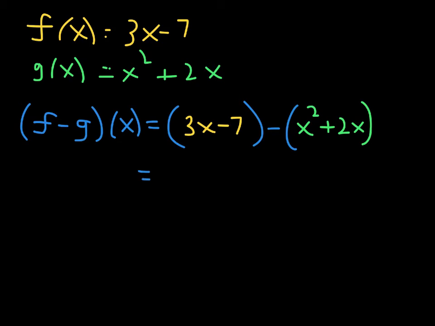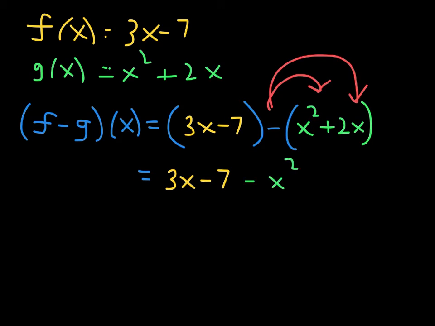The parentheses here are really important because it will hopefully encourage you to distribute that subtraction sign and then add the opposite. So this turns out to be, removing the parentheses, 3x minus 7, and then minus x squared minus